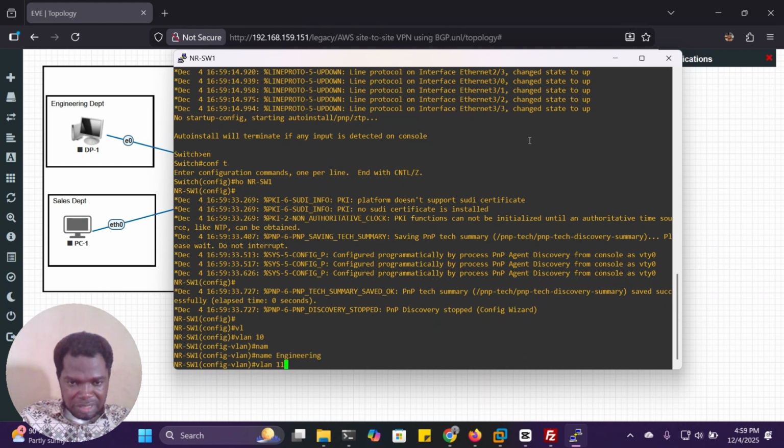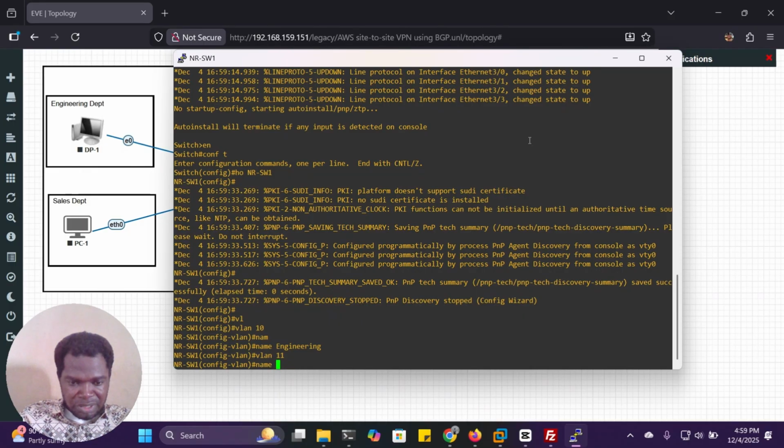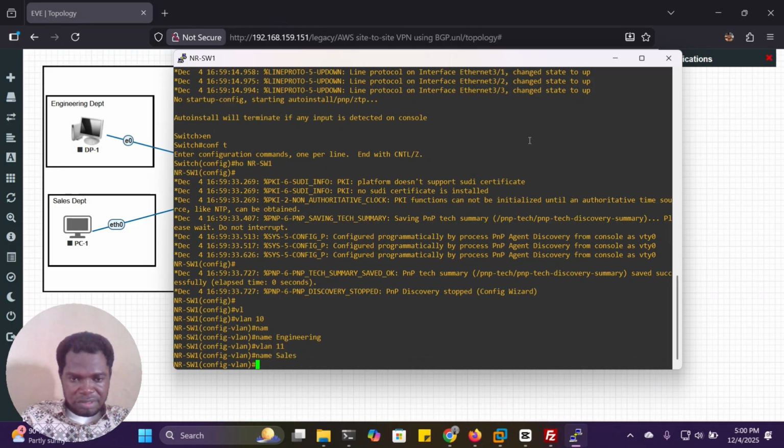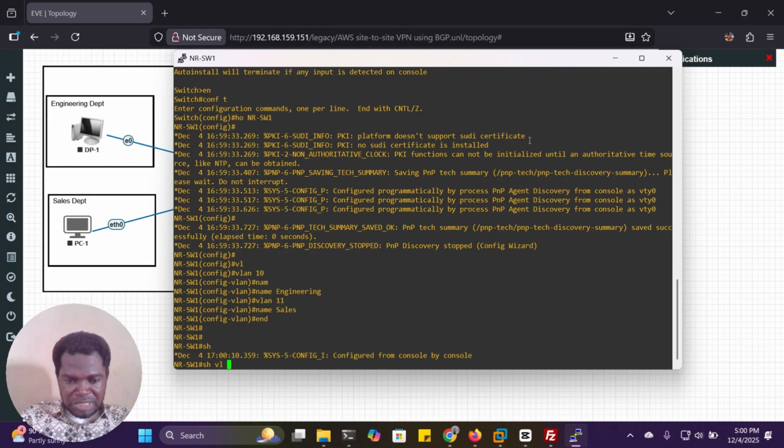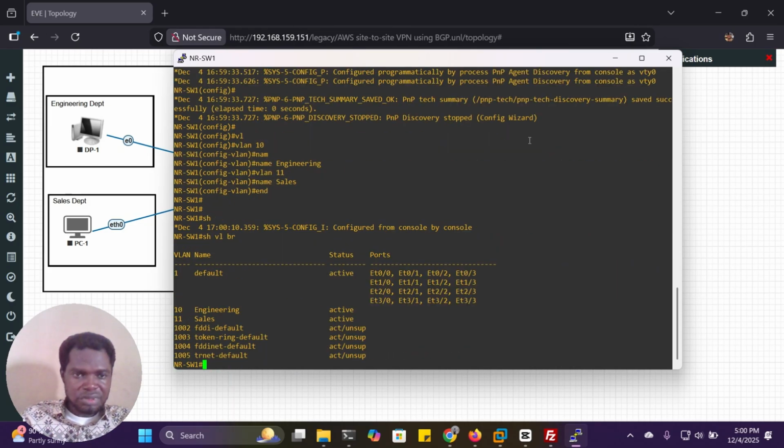So VLAN 11, name. So if you press Control E, it will delete whatever is right behind it. So sales. Sales. So I'm going to show VLAN brief. Okay, good. Sales. Engineering. Okay.